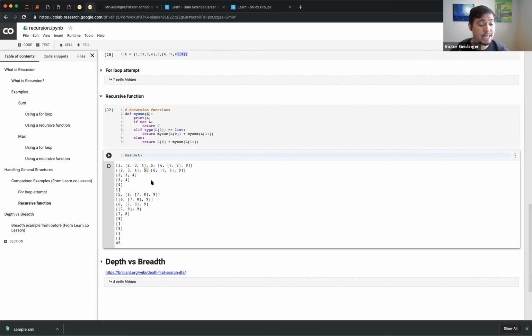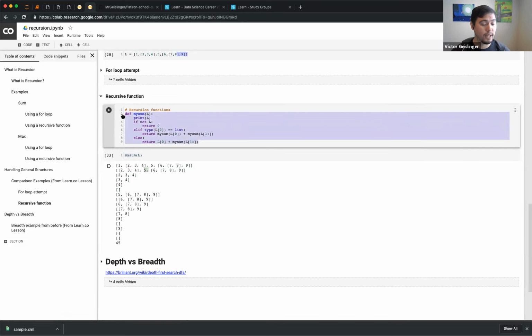So this right here is actually a depth first, kind of like saying we're digging deeper, deeper, deeper, deeper. And then when we hit the bottom, we pop back out and go to the next element and maybe dig deeper, deeper, deeper, pop back out to the next element. But you can see here, this is a relatively simple function that we can write compared to something we'd have to write for a large for loop. And it's a generalized function.